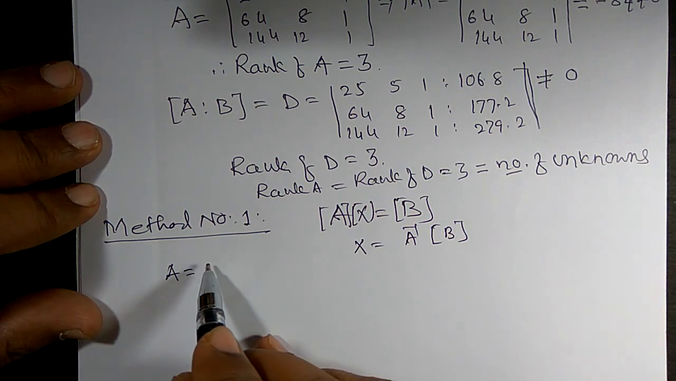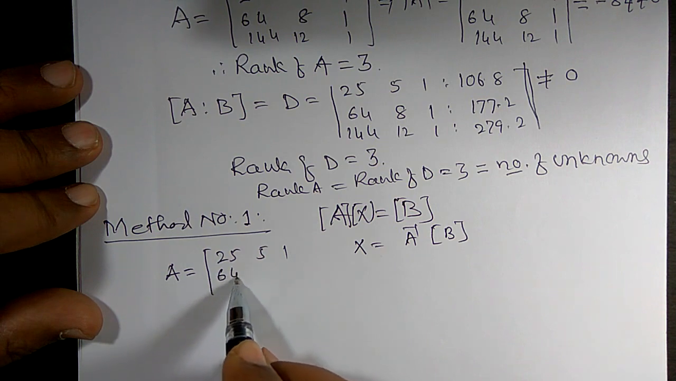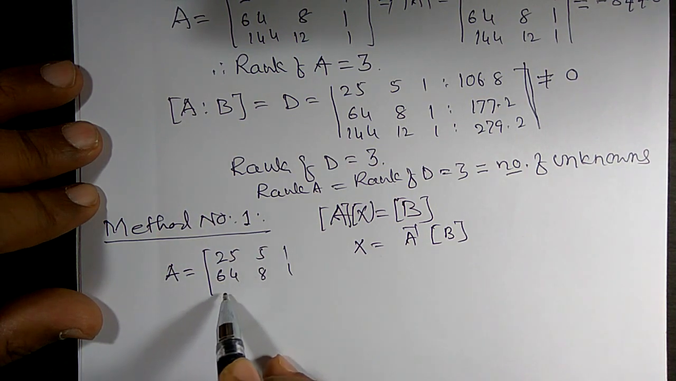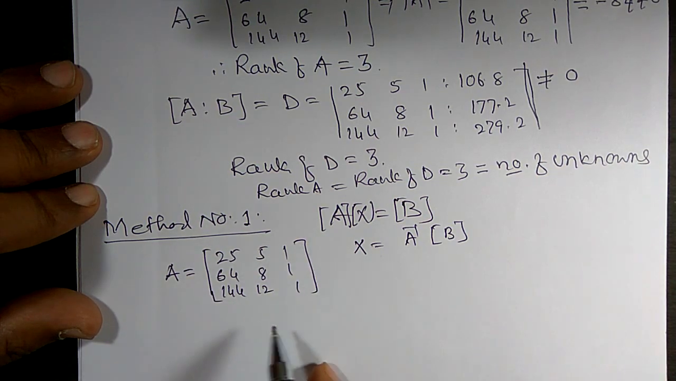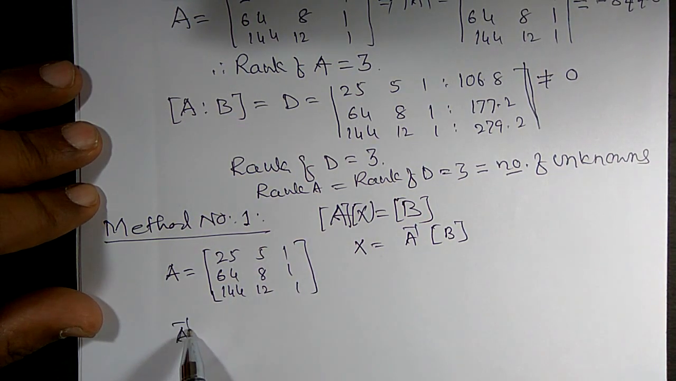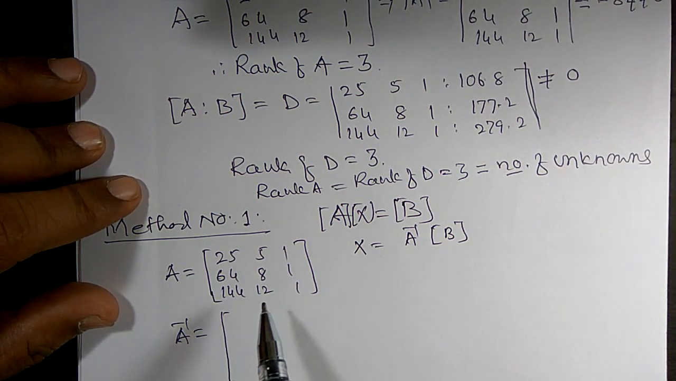So A is equal to [25, 5, 1; 64, 8, 1; 144, 12, 1]. So this is the A, right? Now I can find A inverse. I know the method, right? You can verify afterwards. I hope we'll get